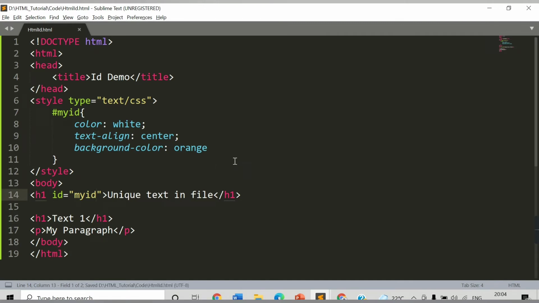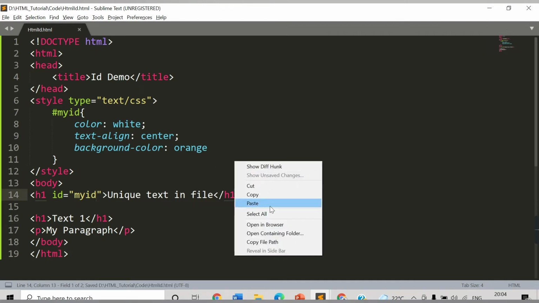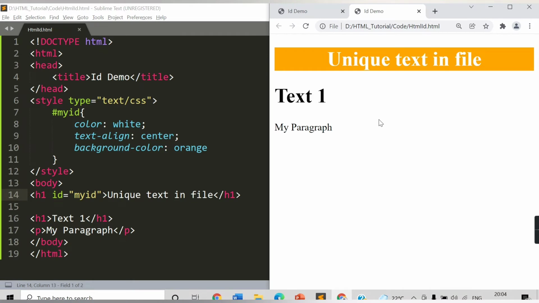If I save it and open in browser now, see this unique text in file, all three properties of the ID are assigned to this h1 tag. The color is white, the text align is at the center, and the background color is orange. All other tags are not using any ID, so the normal behavior is applied.